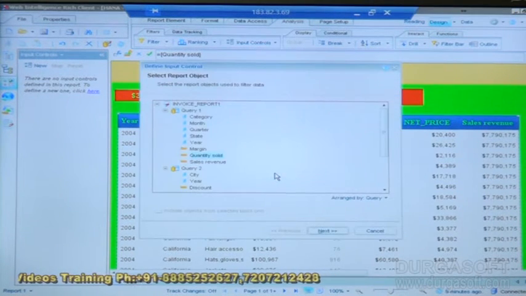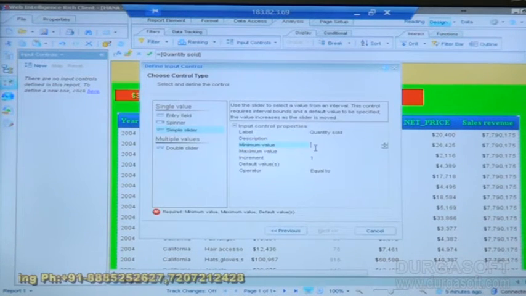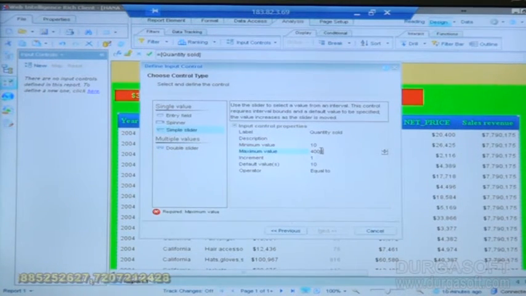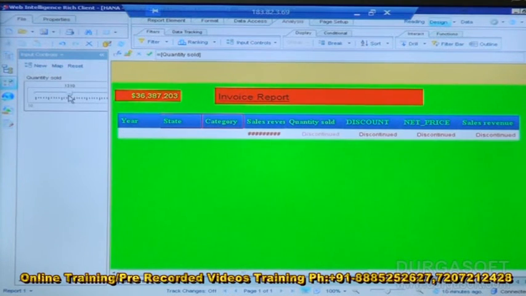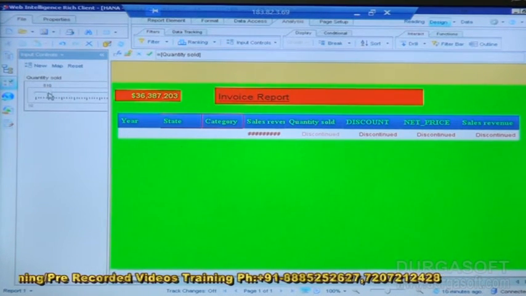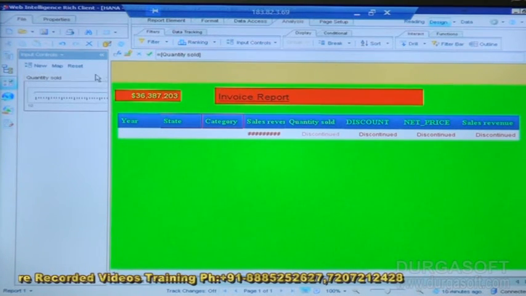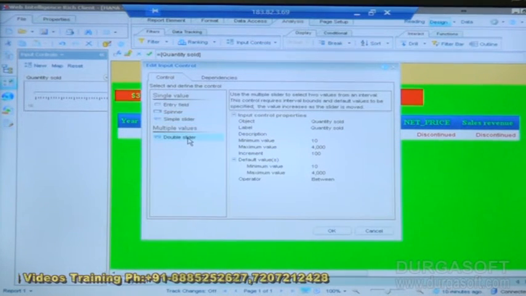If you want to use this simple slider of quantity, $4,000, increment by 100, we get only a single 10, because if you increase here, this is 110. So there are no values in between. It should be single like this one. If you use single, you have to use exact values, which is very difficult. If you use double, it will be easy.